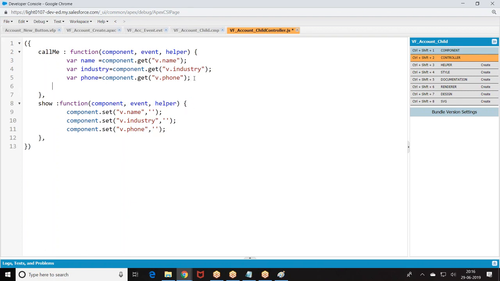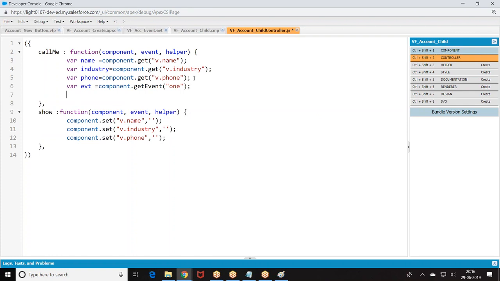Then where event equal to component dot get event, set params.